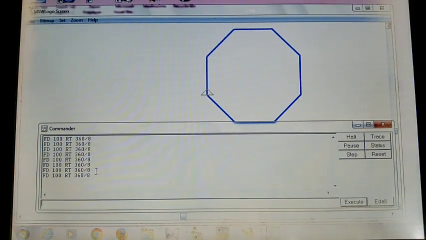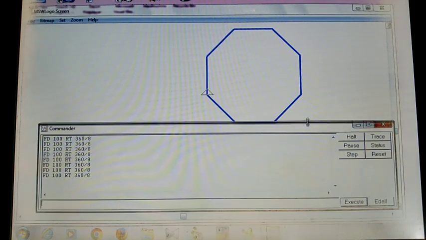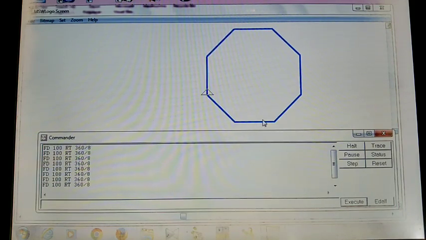So how many times? Total 8 times. So through this command I can easily draw it on your computer screen. So 1, 2, 3, 4, 5, 6, 7, 8.